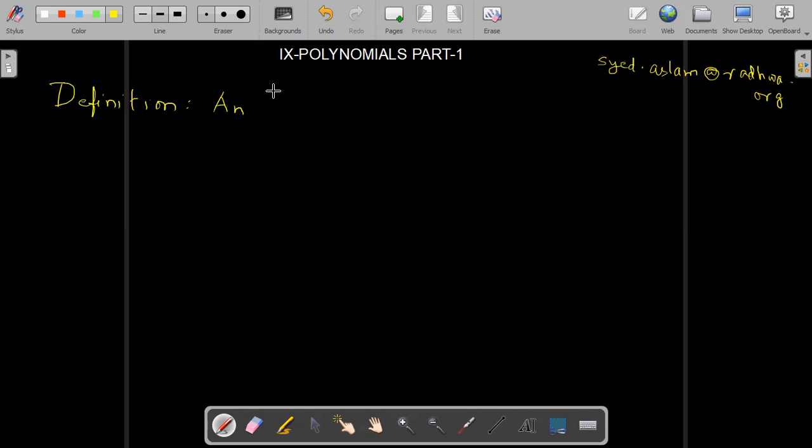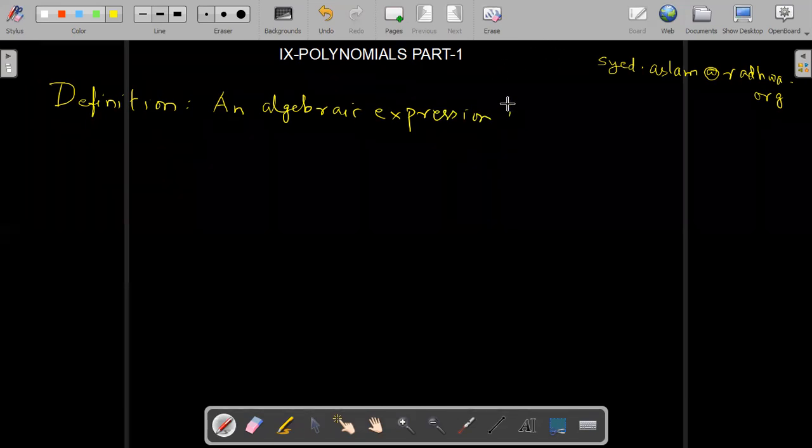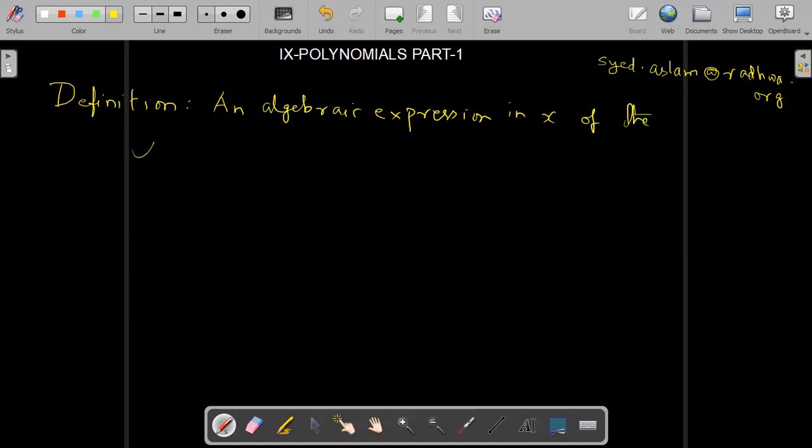an algebraic expression in x of the form P(x) is equal to a_n x to the power n plus a_(n-1) x raised to power n minus 1 plus a_(n-2)